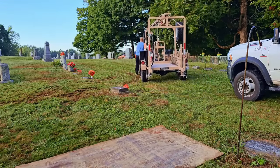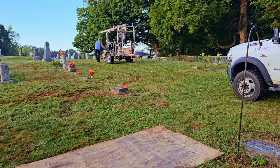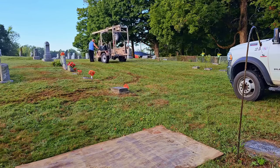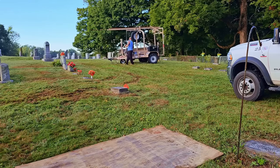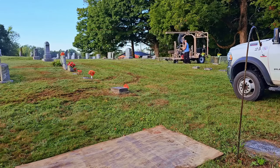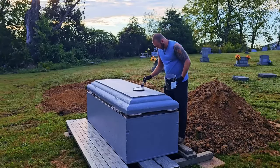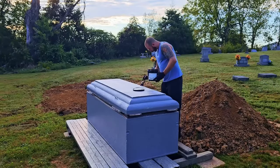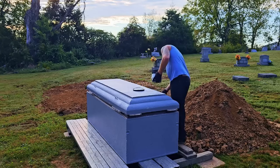The first step of the burial vault setup process has been completed, and now we need to move on to the swinging of the vault. Before we do that, we need to make sure that any of the paint that was chipped or scratched is repaired before we begin this process. On each service, we bring an ample amount of touch-up paint to make sure the vaults are ready for when the family arrives. Once all the paint has been touched up, it's time to move on to the swinging process,